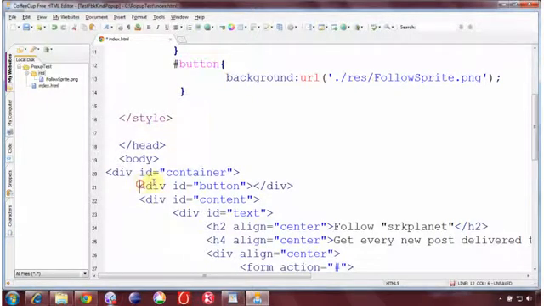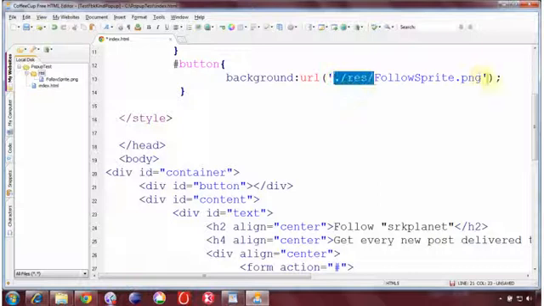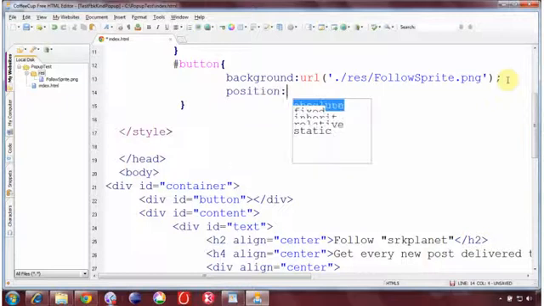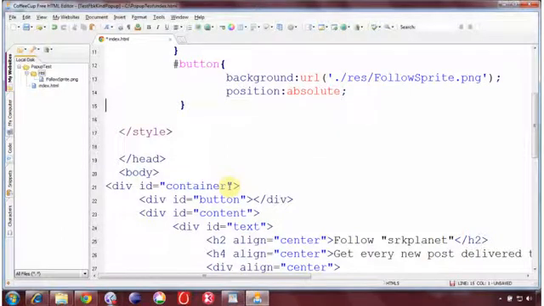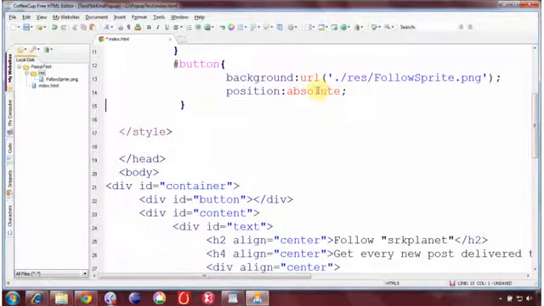In the container I will have a portion, a layer called button. That layer will have a background of this image. Next, you have to specify its position as well. With respect to the container, the position for this button layer is going to be absolute. Why absolute? So that when you resize your window or you have a lot of content, as I explained, and you scroll from top to bottom, this button should remain static inside this container. So for that purpose I specified its position to be absolute in terms of the container.